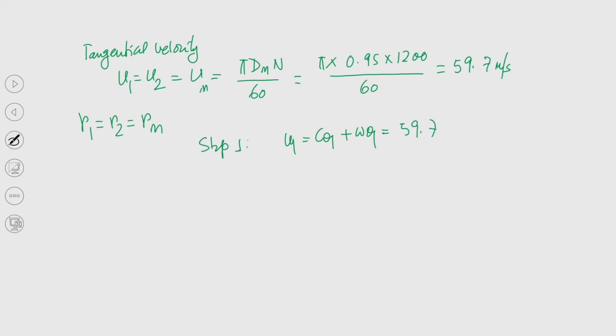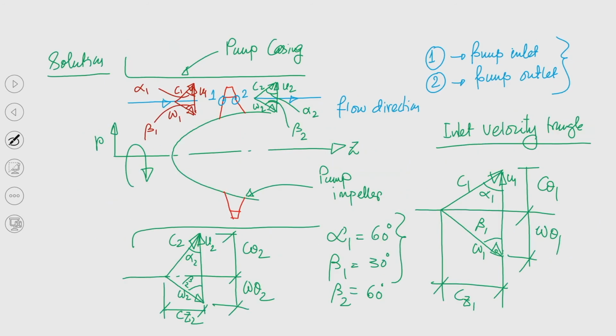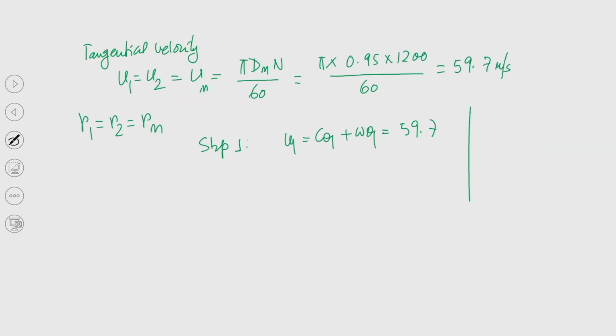Now, what is w theta 1? If we go back to the slide, w theta 1 by c z 1 is equal to cot beta 1. So, I can write here w theta 1 by c z 1 equal to cot beta 1